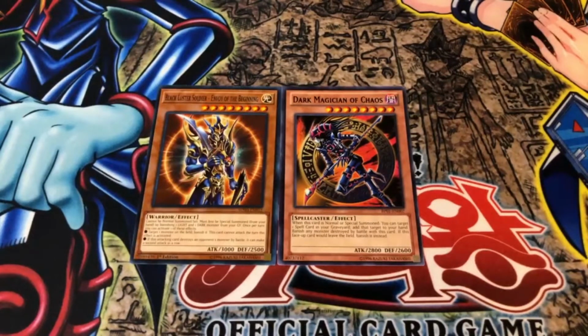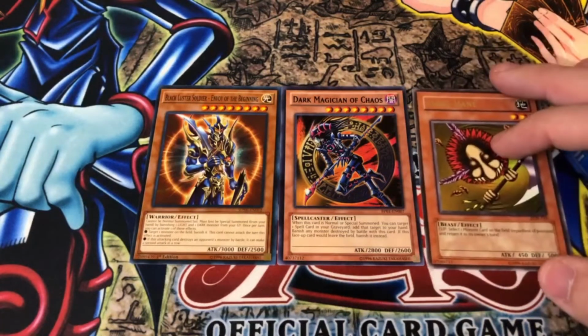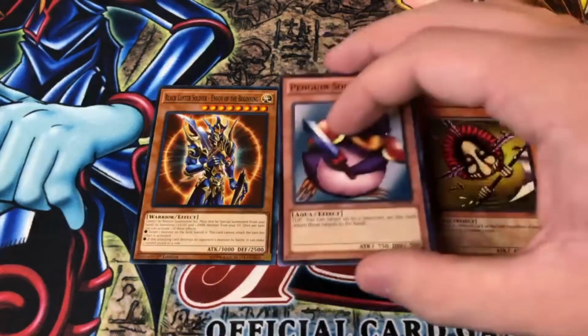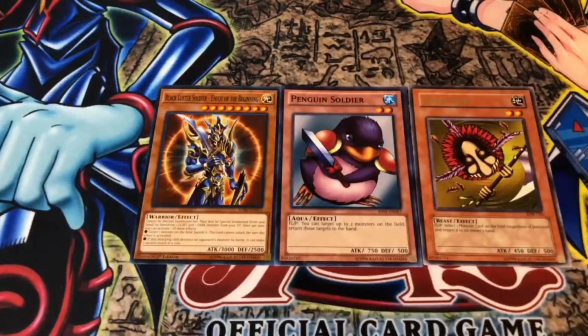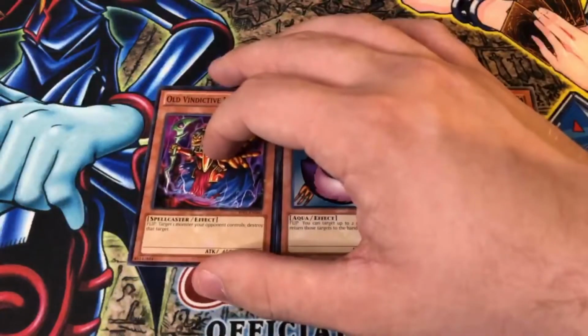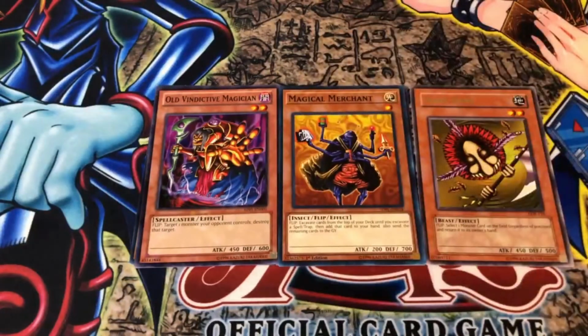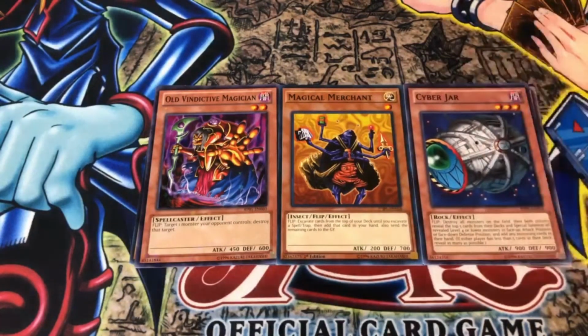Next up, we have a lot of flip effects going on. So first up, I have one Hain because it's pretty decent, one Penguin Soldier because it's a better version of Hain, one Old Vindictive Magician because it's a pretty decent one for one as well as these others are, one Magical Merchant because we only have one copy, one Cyberjar because it's probably our best, most blowout flip monster of the deck,